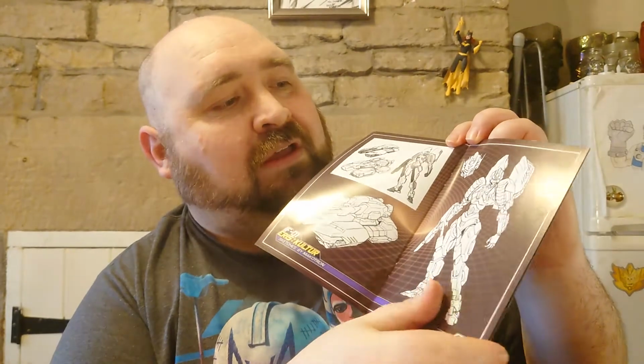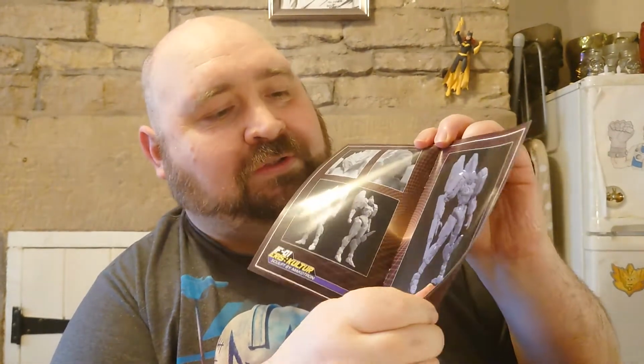And then you also get this, which is just kind of an art book, because obviously she was a surprise drop, so we never actually saw any of the concept stuff like the CGI models, but they've provided it all here. So it's just a little art booklet, which I think is great, but I think it is a missed opportunity